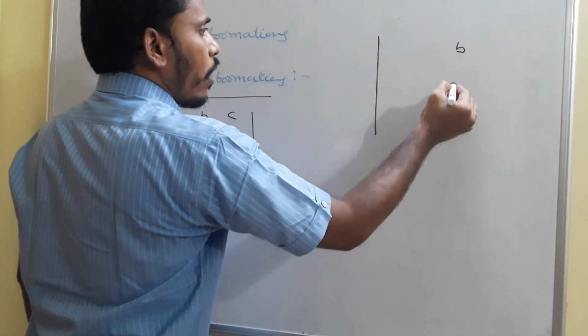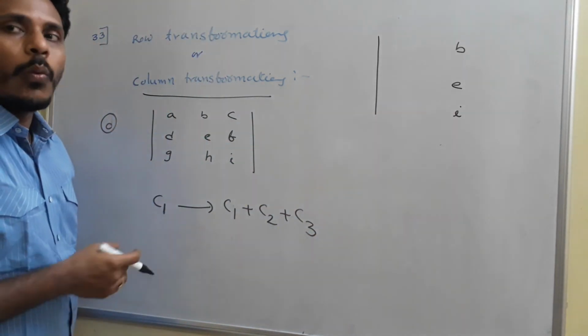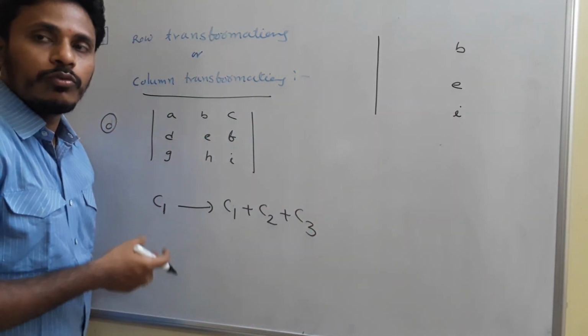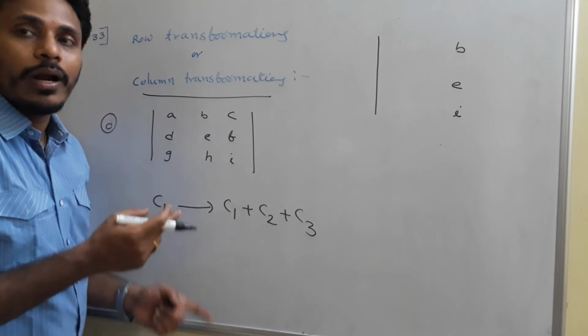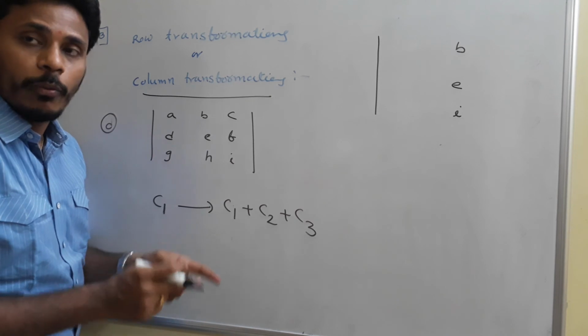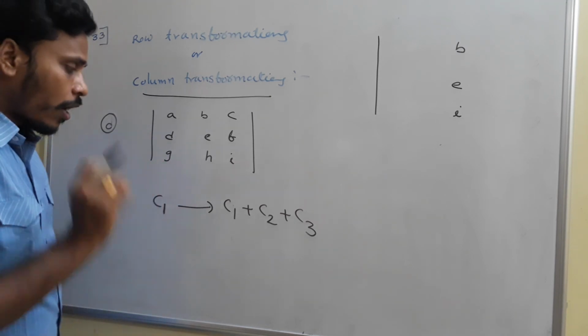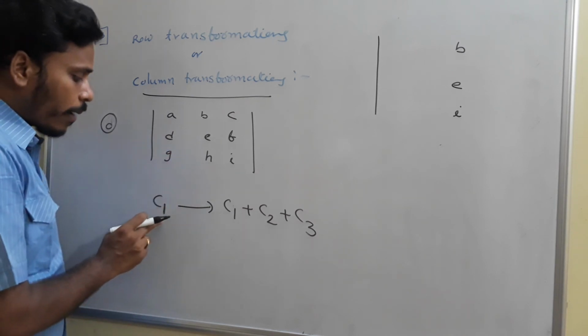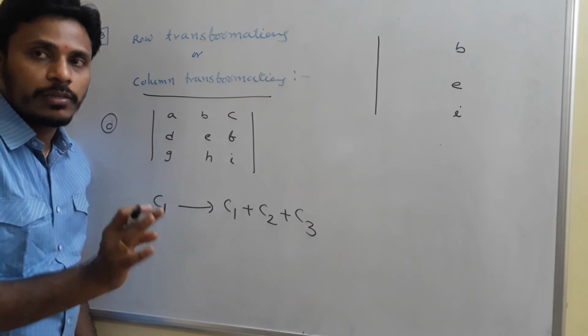Everything we are doing is true both for rows and columns. One property I am giving you through rows, and another property I am giving you through columns. But you need to understand that every transformation is possible along with rows as well as along with columns. Now just think about it. I am just changing the first column, so don't disturb the second column and don't disturb the third column.